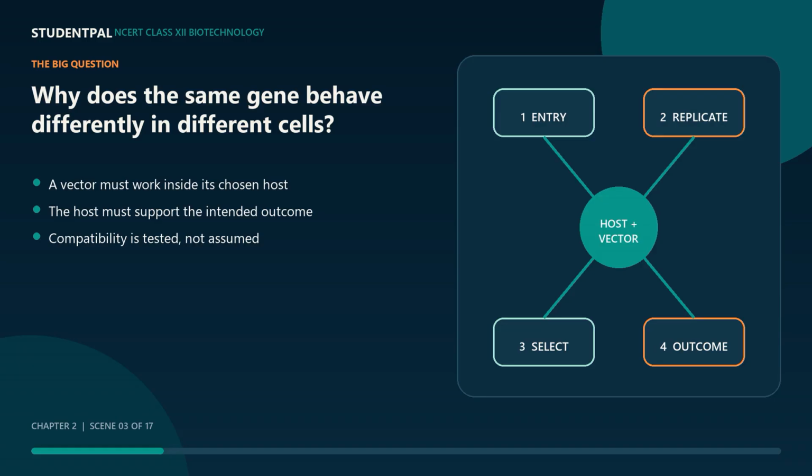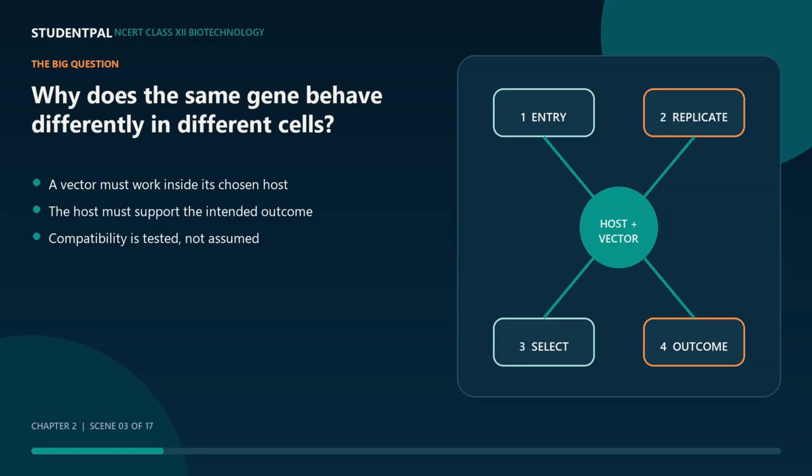A vector is not simply a DNA container, and a host is not simply a living test tube. They must function as one engineered biological system. In this lesson, we will learn how to choose that system, how to read a vector map, how plasmid, phage, plant and animal vectors differ, and how to prove that the chosen pair actually works. Keep one question in mind. What evidence would show that a host vector pair is suitable for the purpose, rather than merely present in the